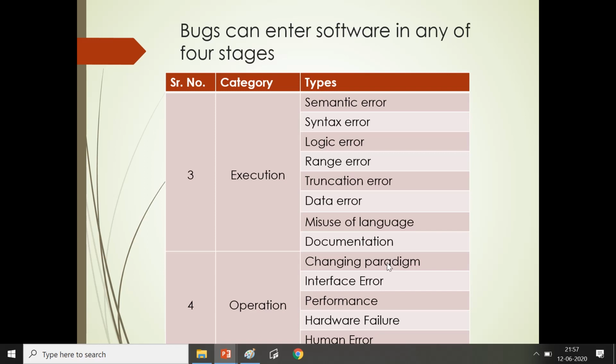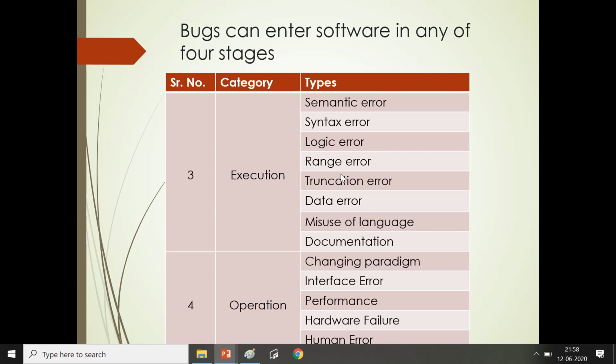If you see semantic errors, it is basically failure to understand how a command works. The second one, syntax error, is failure to follow rules of language and failure to terminate statements or procedures. The third one, logic error, is wrong decision, branch to wrong label, omission of possible conditions, improper initialization or termination of the loop.